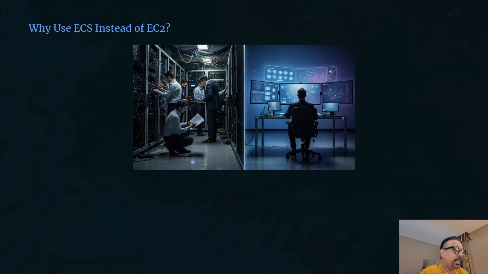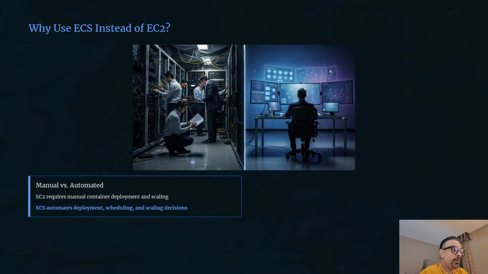Here's the key difference. If you use EC2 instances, you have to manually decide which instance runs which containers, manually restart containers if they fail, and manually scale up or down. It's like being a traffic controller, which is very exhausting. With ECS, you define what you want. For example, I want 3 copies of my web application running, and ECS automatically handles everything from deployment, monitoring, restarts,